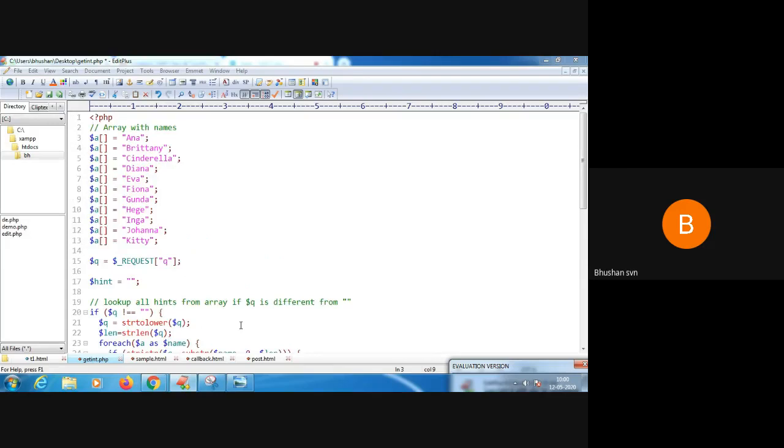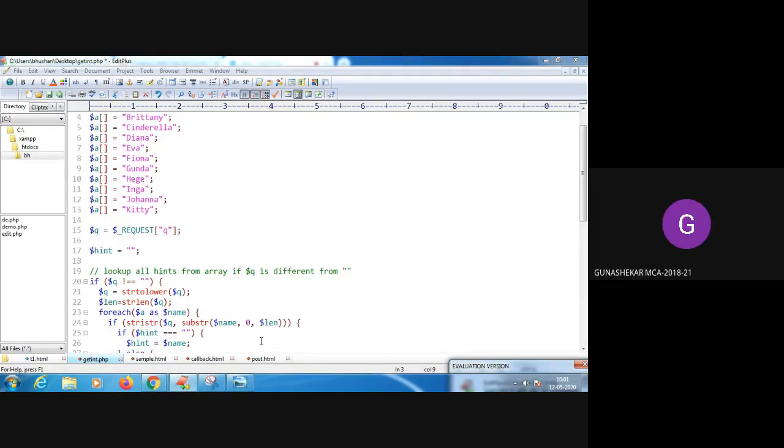So this would have been written in a PHP file. This is the objective of the program. Is the PHP code clear to all of you? Yes, sir. This is very, very important. Dynamically we are doing this.